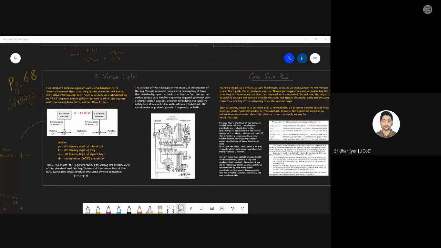Okay, so we have seen what these ciphers are, how they are different from each other, and one of the ciphers I had started in the last lecture, which is basically Vernam cipher. So I had just given you the introduction of Vernam cipher, and today I will discuss in detail what exactly Vernam cipher is and how it is applied, which is also called one-time pad, which is basically a small modification to the Vernam cipher, and how it is different from the Vernam cipher.